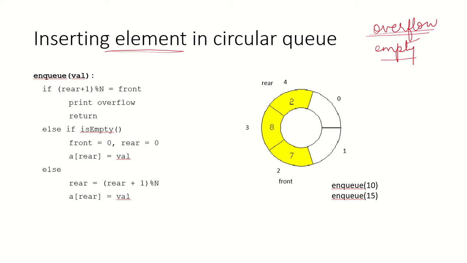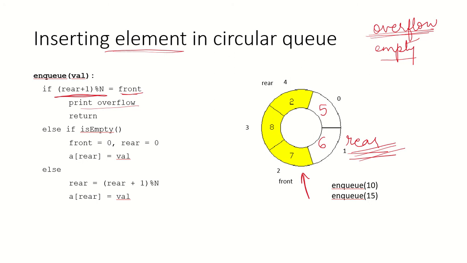So how can we check whether it is an overflow or not? If this circular queue was overflowing, we would have elements over here also, and rear would be here. In this case, the next position of rear would point to front. And what is the next position for rear? Rear plus 1 modulus n. So if this is equal to front, we will print an overflow message to the user. This will show that the queue is already overflowing. There is no more space for adding more elements.